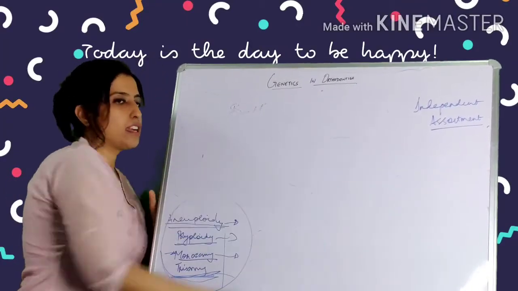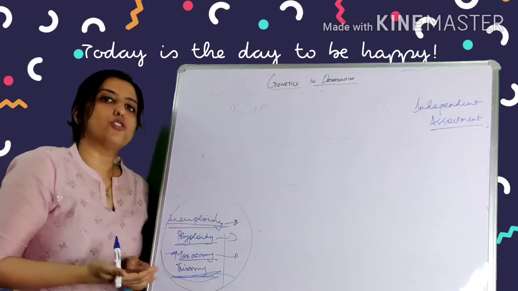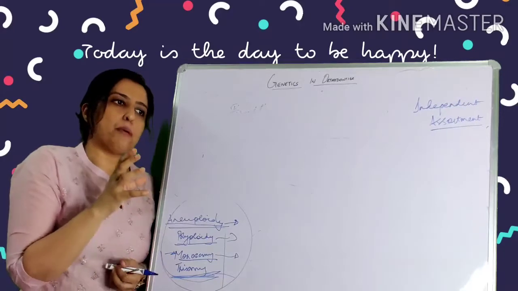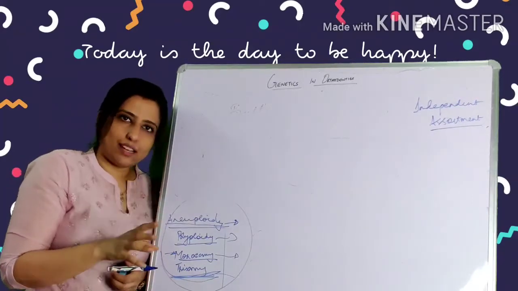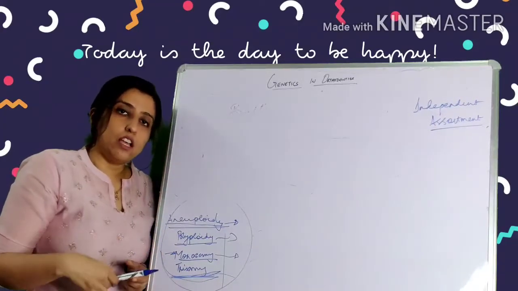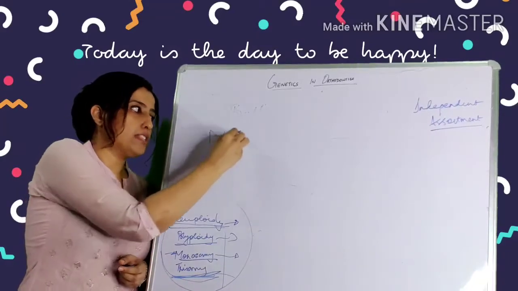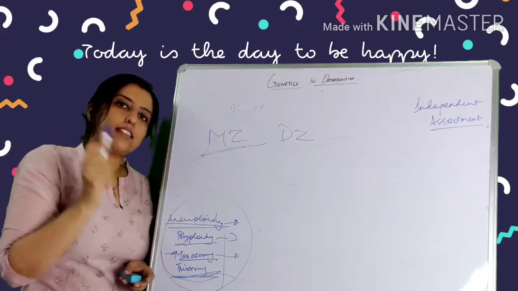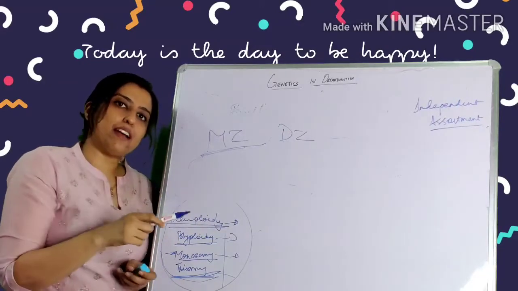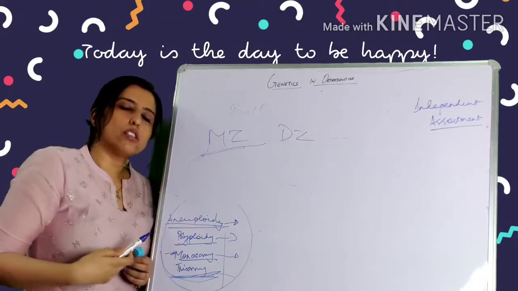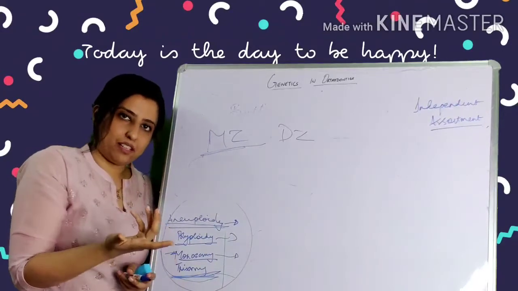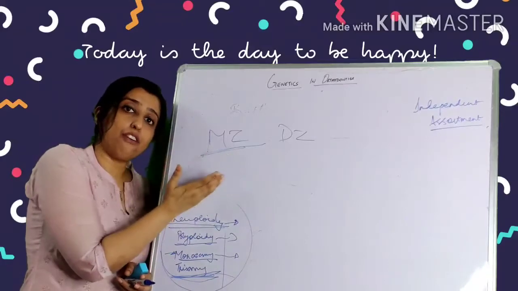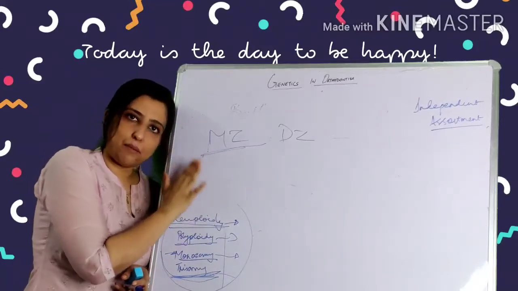Now coming to twin studies, if you want to know about genes and the effect of genes and effect of environments, you have to take people of the same DNA. You don't get that, right? Except for twins. So you have monozygotic twins and dizygotic twins. Now monozygotic twins have the exact same replica of DNA in them, because it's the zygote that splits. So the DNA will be same. So then you can see the characteristics, the effect of environment, because their genetic makeup is same.